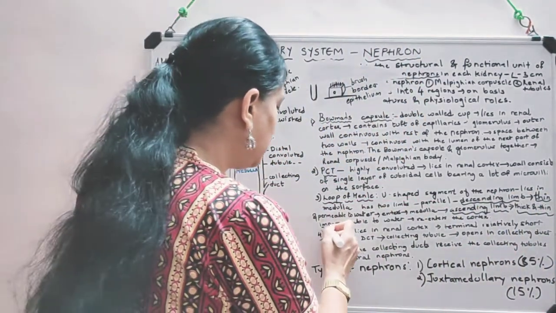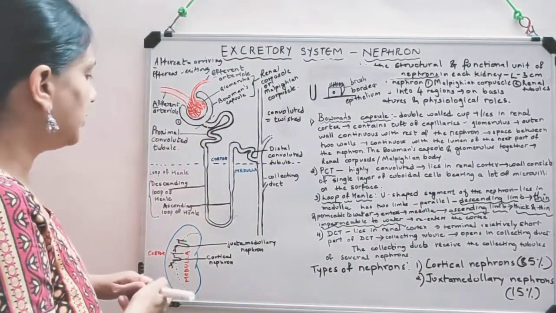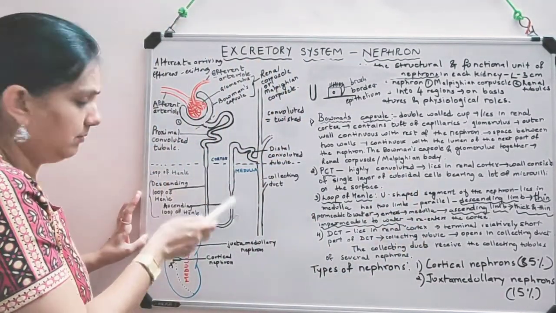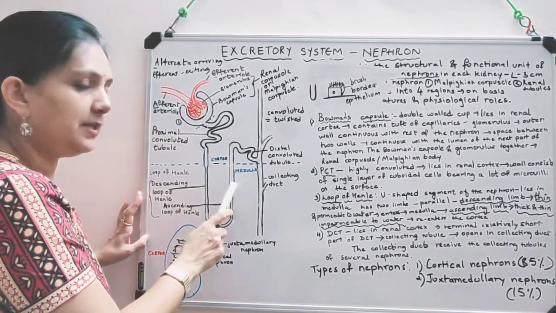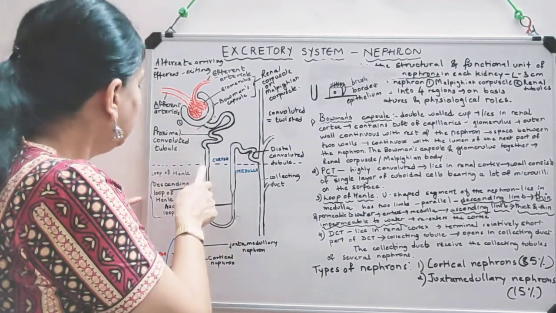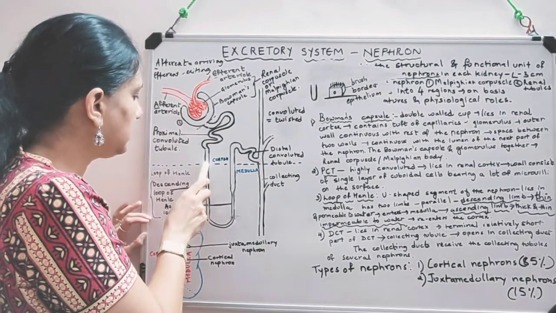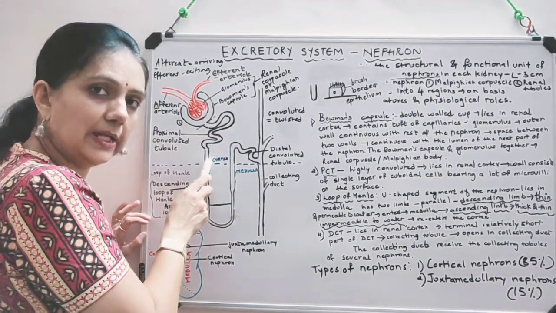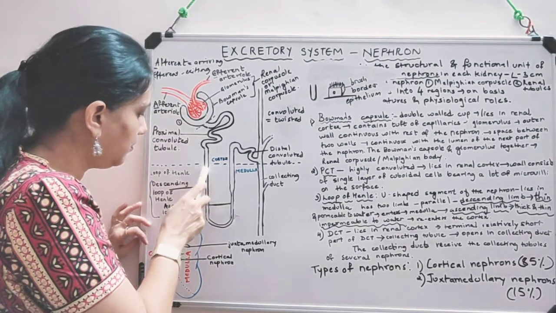and that is impermeable to water. Do you understand? Thin, permeable to water; thick and thin, and impermeable to water. Okay, and then this loop of Henle, now it begins when the PCT ends, the loop of Henle begins, and it begins